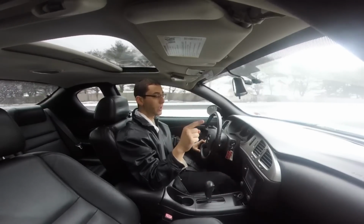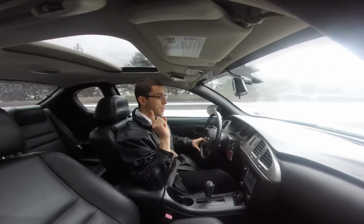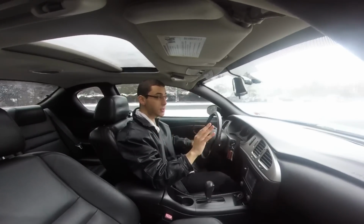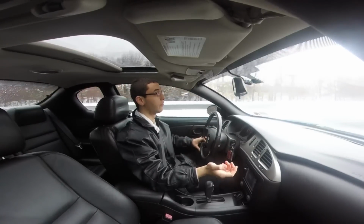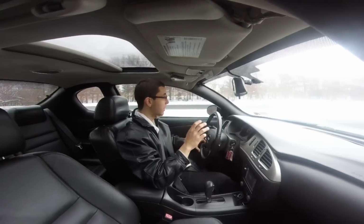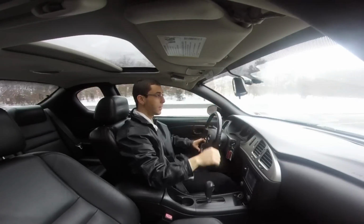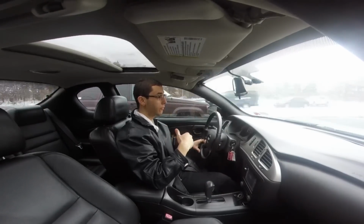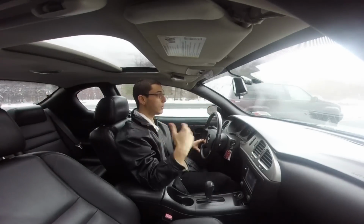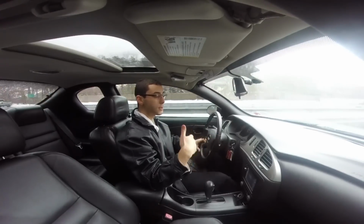My next pro, and probably going to get some hate for this, but whatever, is that the car's front-wheel drive. I'm not saying at all that I prefer a front-wheel drive performance car to a rear-wheel drive performance car. However, as you can probably see, there's snow on all the grass and everything here. This car does very good in the snow, and if you're looking for a car that you could use all year round, especially an LS car that you could use all year round, there's not a lot of choices out